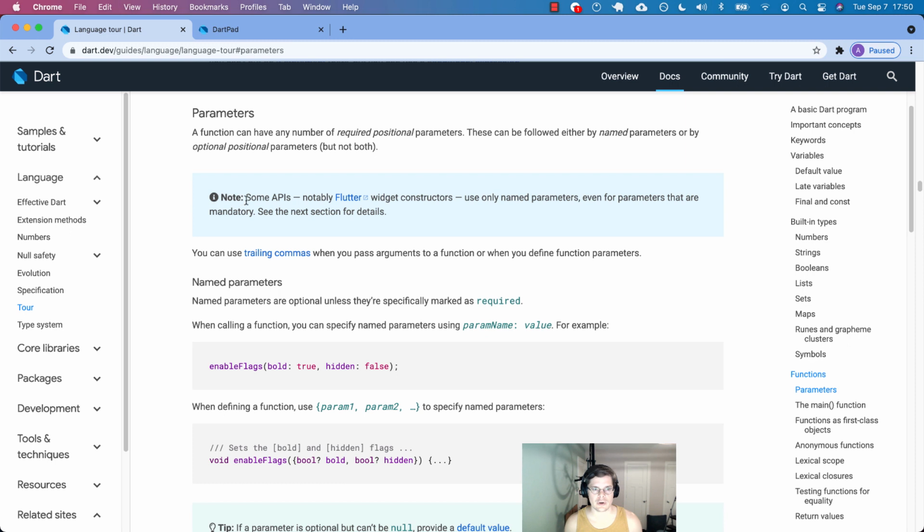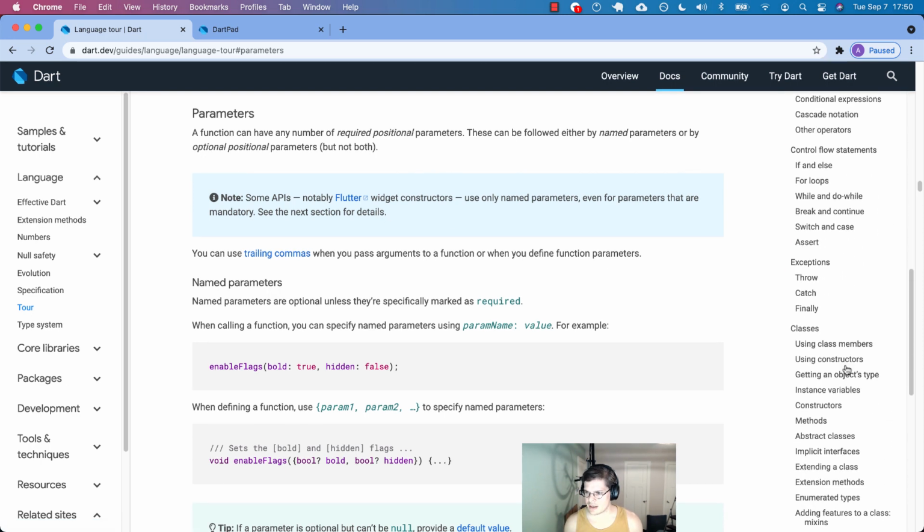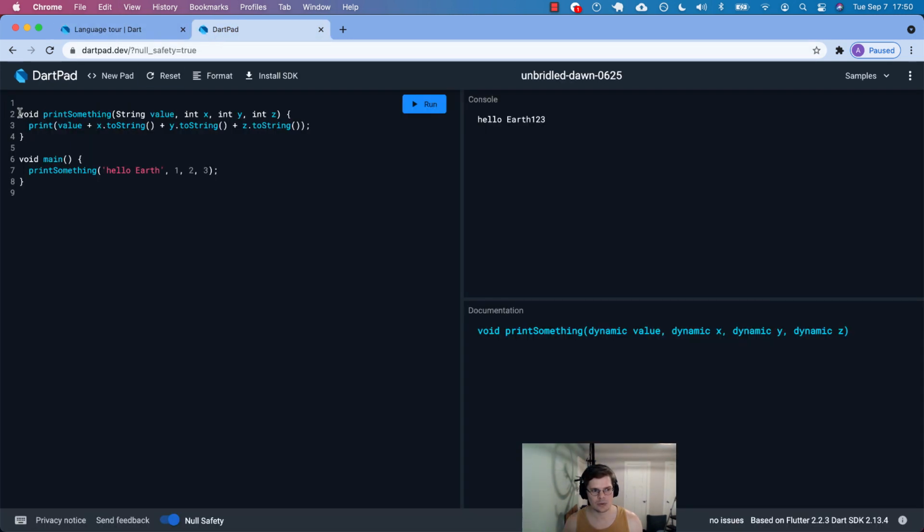They have this little note here: some APIs, notably Flutter widget constructors, use only named parameters, even for parameters that are mandatory. I don't know that these are always actual functions. Let me show you something here in the class. What we've done is we just have a couple functions. Our main one kind of gets things going, and then we're calling the one we define up here with some